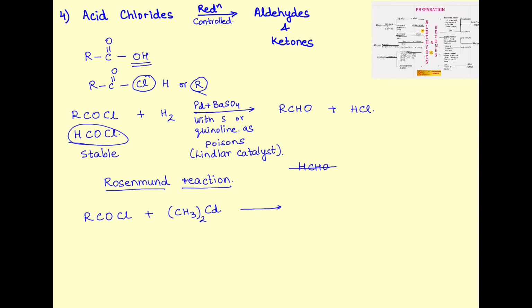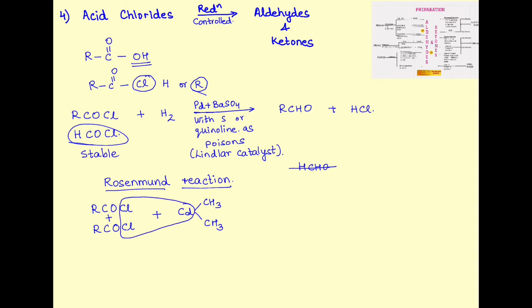In order to make it simple to recall and remember, again I'm going to resort to what I call the boxes. What I have done over here is I've simply expanded and taken 2 molecules of the acid chloride. Now go ahead, you have the triangle over here, CdCl2, and we will form the products